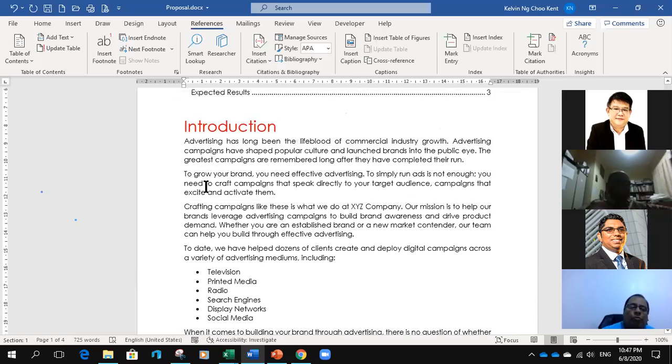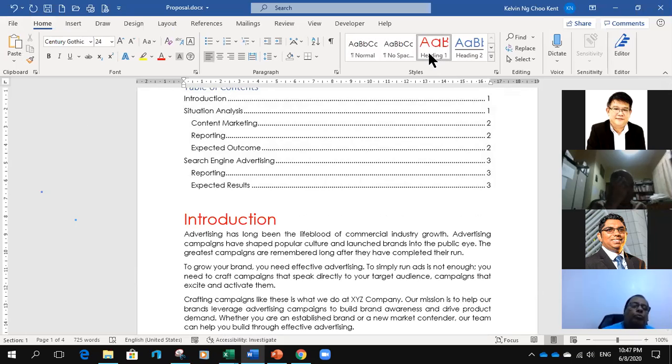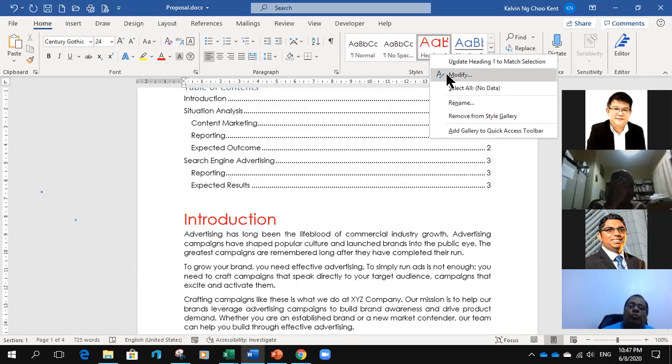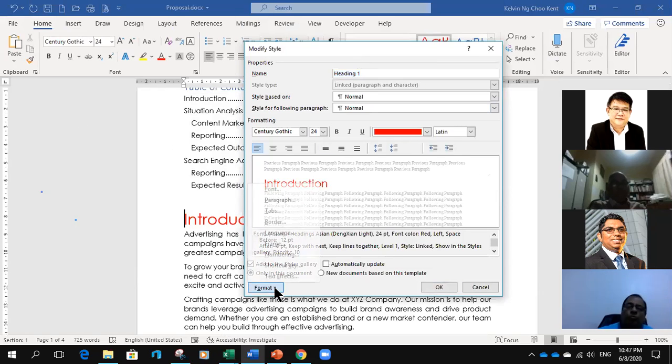How do I do that? Many people, if they are not very sure, will press enter all the way, or they will press control enter to do a page break. But what I'm going to show you is this. I go to this Heading 1, right click, modify. I'm going to use the formatting called paragraph, because this is a paragraph formatting.